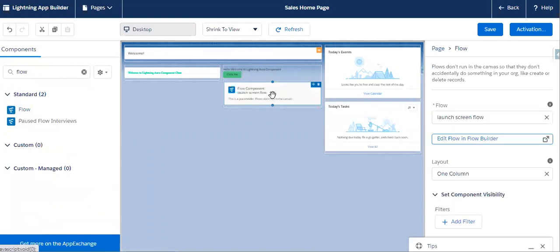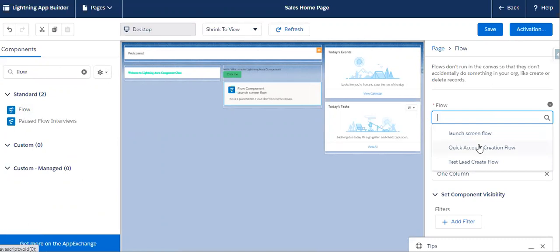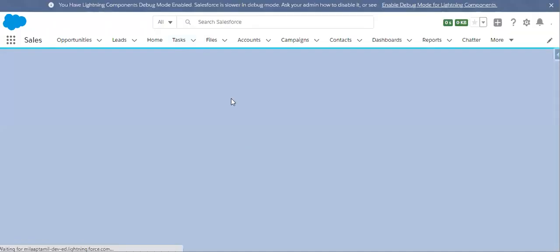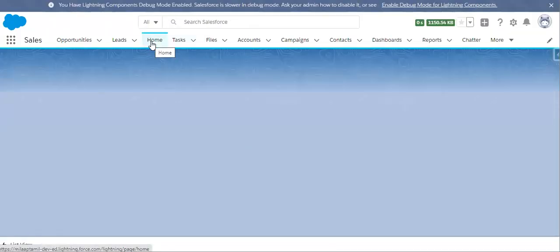So I have added the Lightning flow. Let me select the quick account creation flow. I have selected the quick account creation flow. Let's save it. Let's go back.